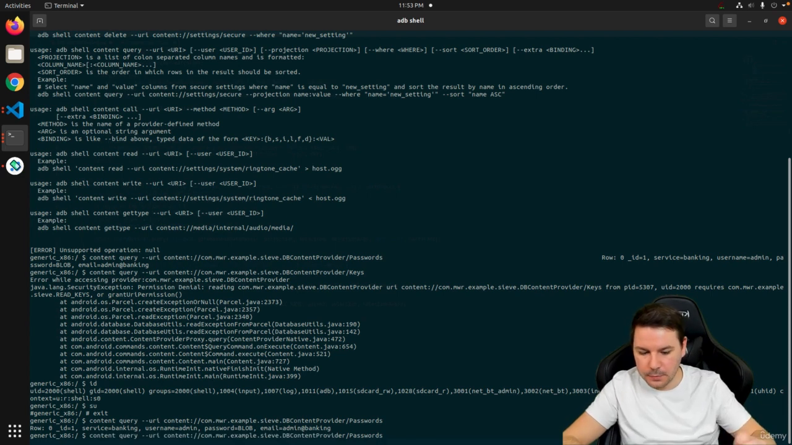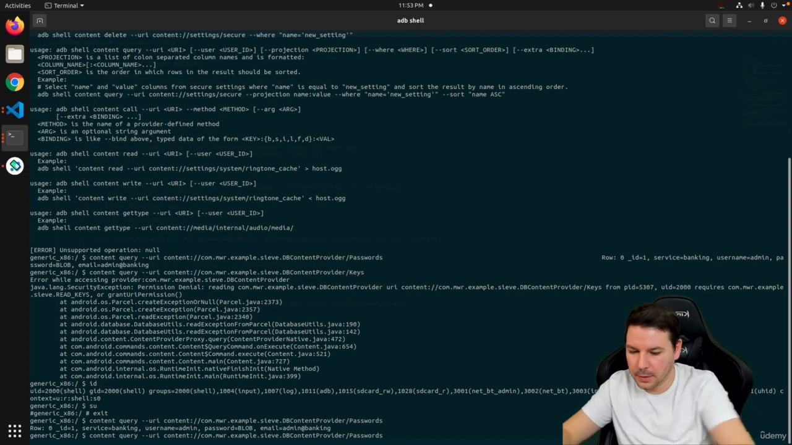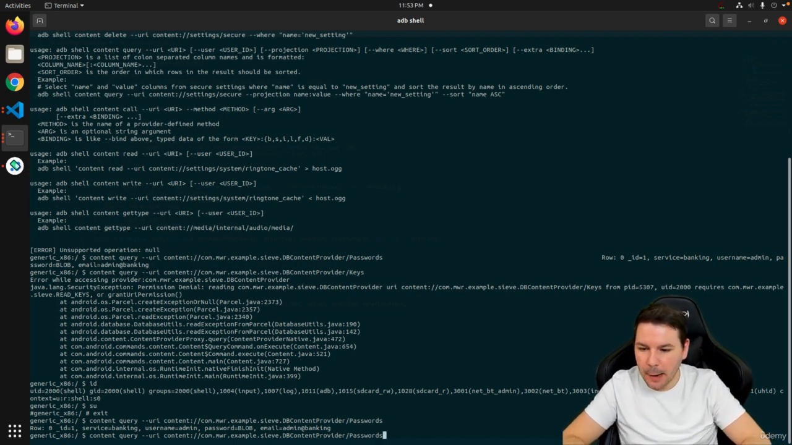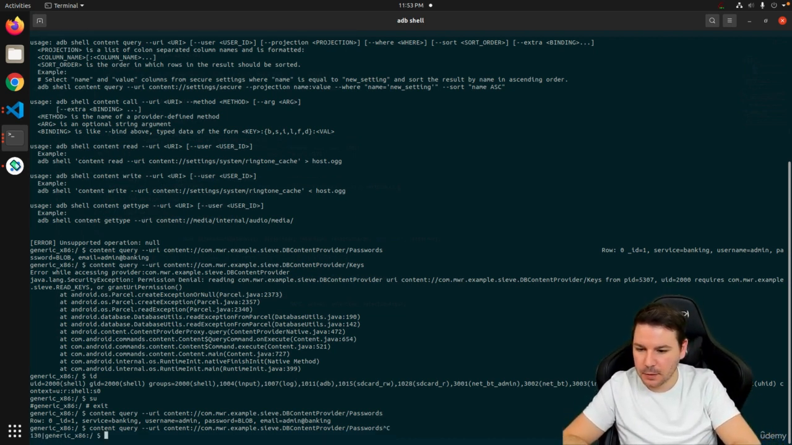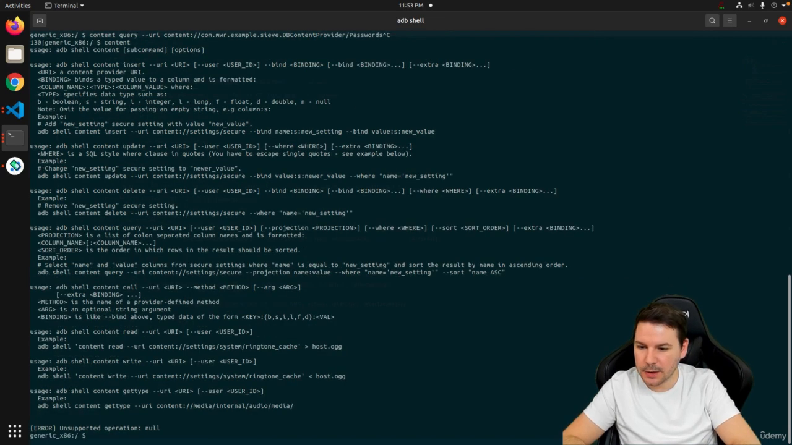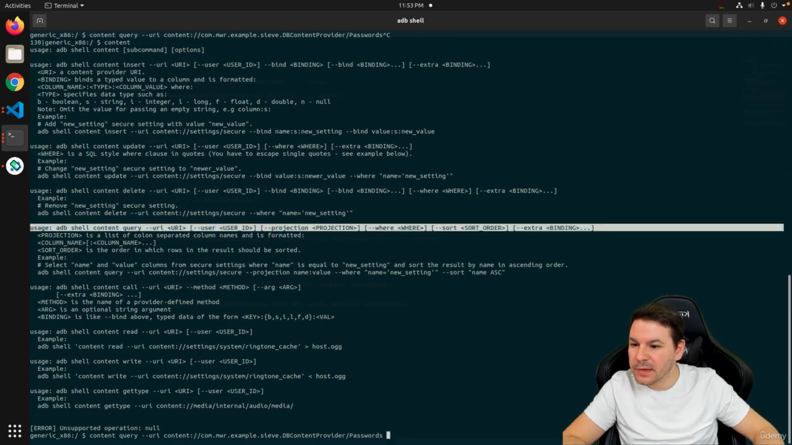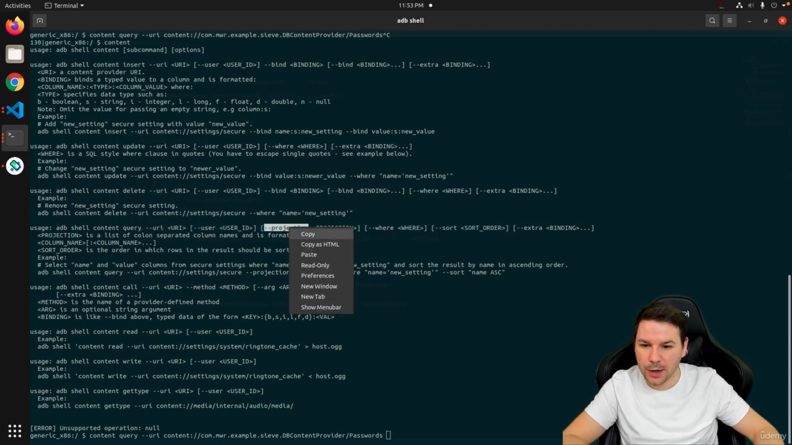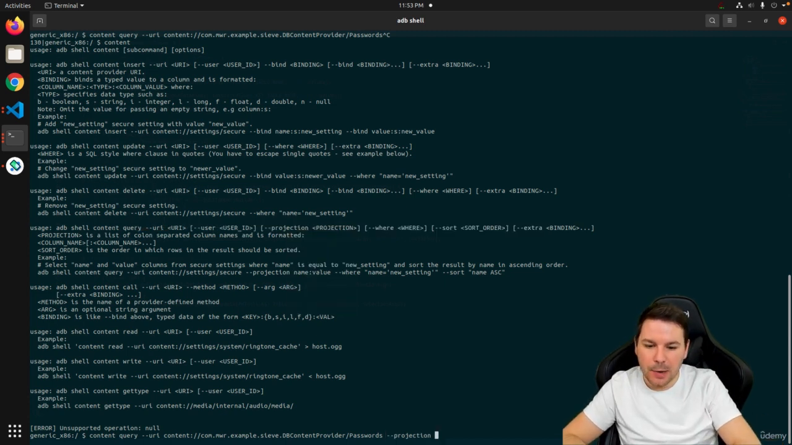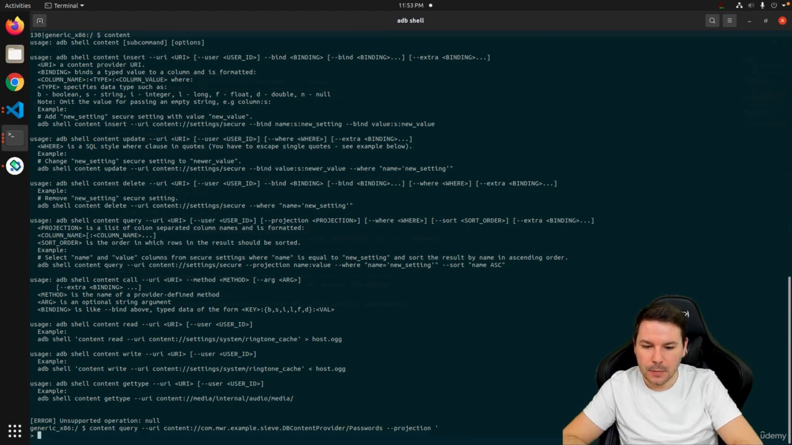Let me get this graphic tablet out of the way real quick. All right. So how can we apply this projection? Well, if you're using content and then have a look in the help menu, where do we have query? Over here. And then we've got this projection. So we can use --projection to apply our projection. Okay. If we apply this in the following way, then we can see the terminal